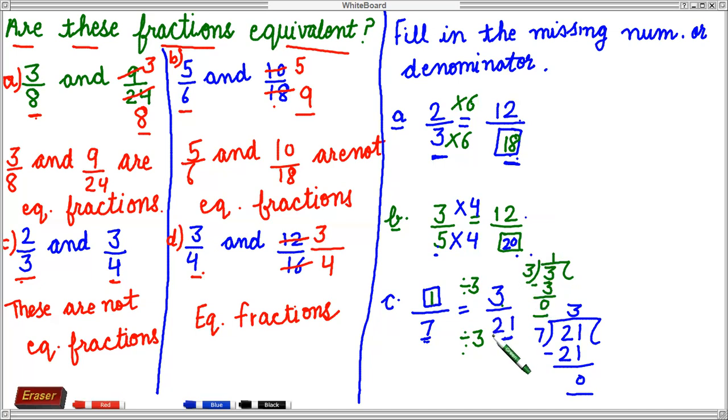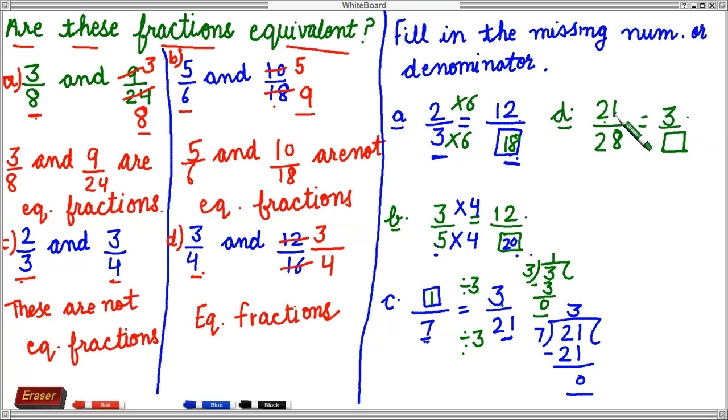Now one more example related to this. We have to find out the lowest fraction. 21 by 28 is given and on the right hand side it is 3 by dash. We have to find the missing denominator. Here you can see this is 21 and here it is 3. So the highest fraction is given to us and we have to find the lowest fraction.